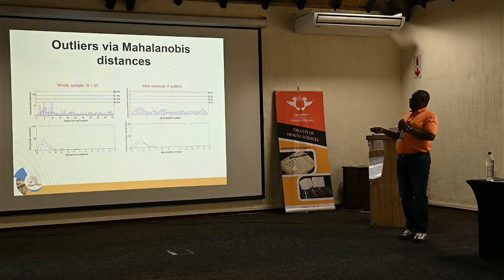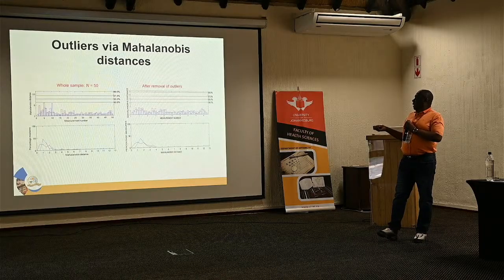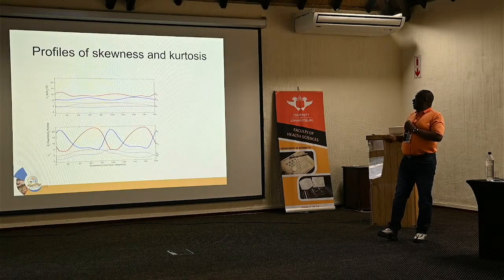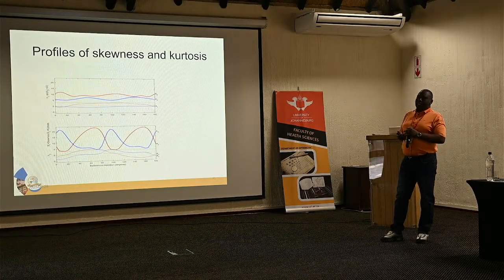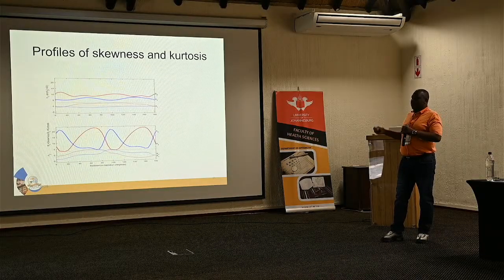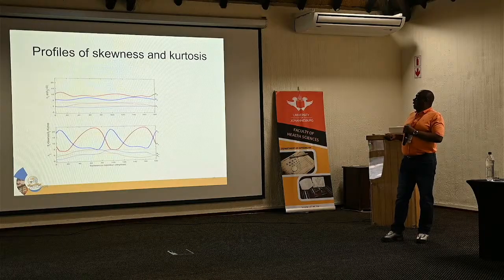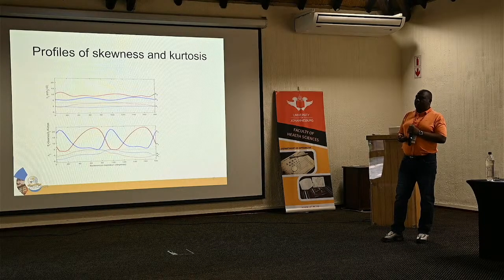Then after removing, the arrangement looks like this. After removing only those 3, 2 for the right and 1 for the left, we're left with this. So they are nearly there, but some variation is still there. And then we're checking the skewness and the kurtosis. How much is this going up or skewing from one side to another? If they were within this line, it means there's no kurtosis. If it's this line, there's no skewness.